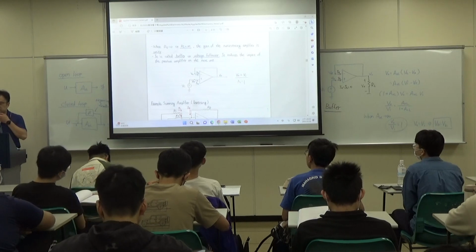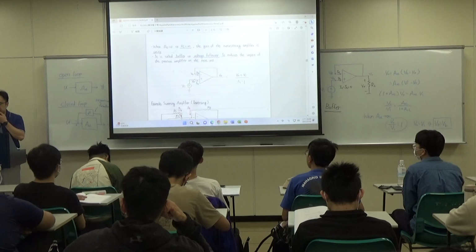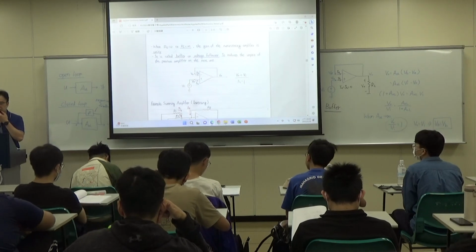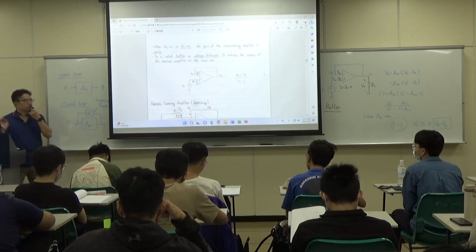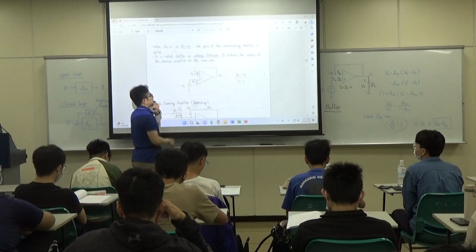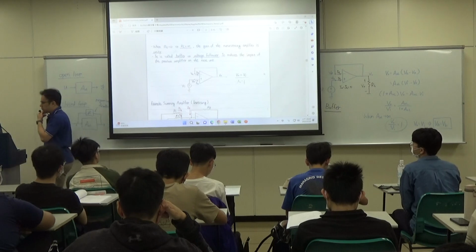It reduces the impact of the previous amplifier on the next one. So we may have an input circuit here. We may have an output circuit here. So it can prevent the previous circuit from affecting the next circuit. So we use this buffer as an isolation. 就是我们用这个 buffer